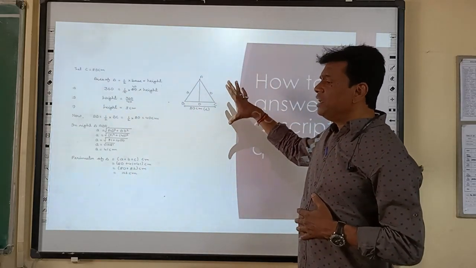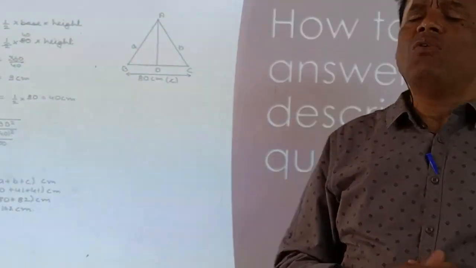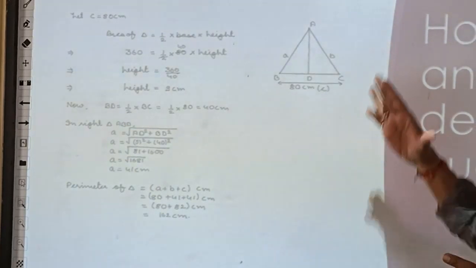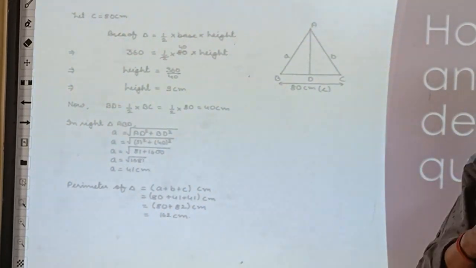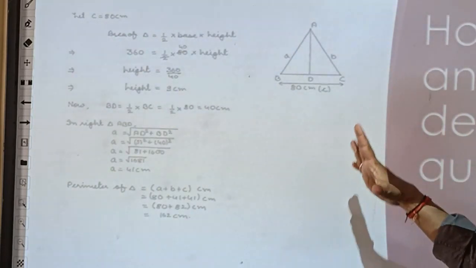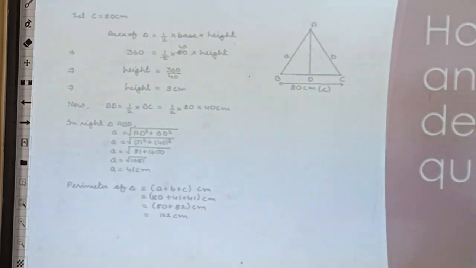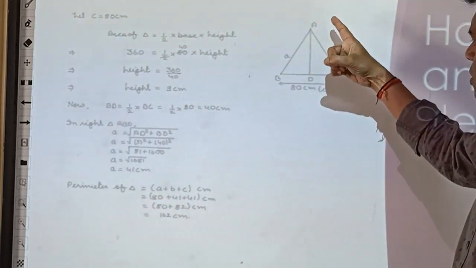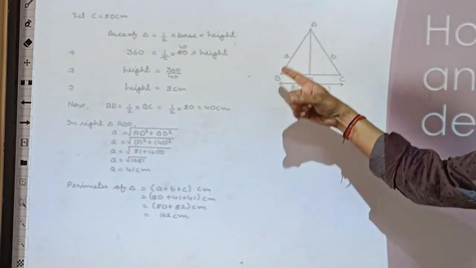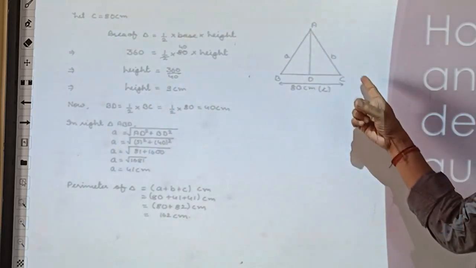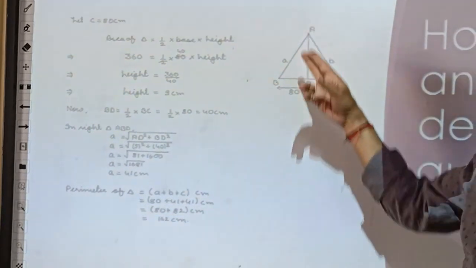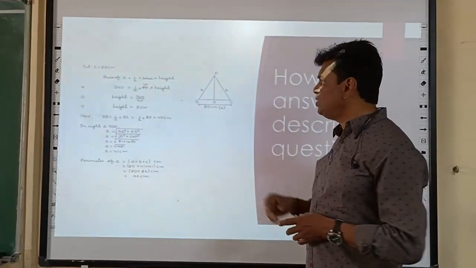The figure has been drawn. Remember that there will be certain questions where you just have to find the value of things. Where you have to find the value, you need not draw the figure, unless it is actually a theorem, or a figure which needs some names. Why am I talking about names? You can see here triangle ABD. If you would like to write angle 1 in place of angle ABD, and angle 2 in place of angle ACD, in that case you have to draw the figure to mention which is angle 1, which is angle 2, and so on.